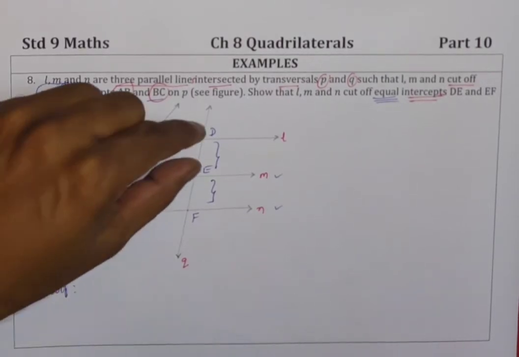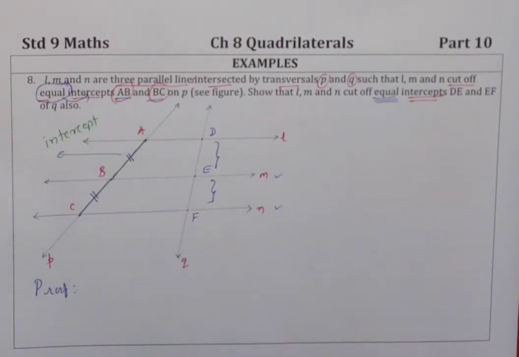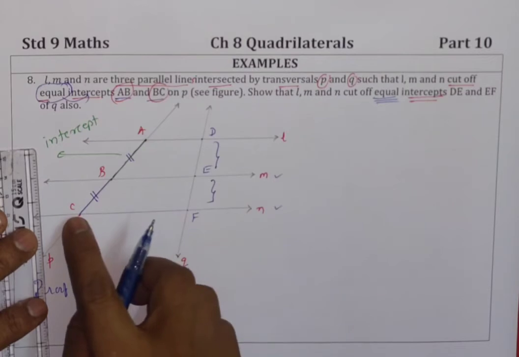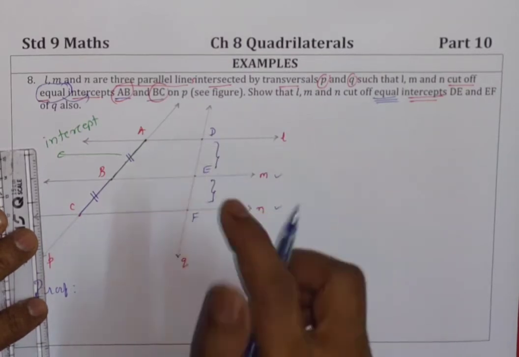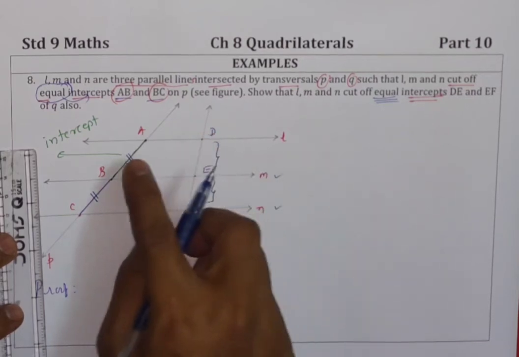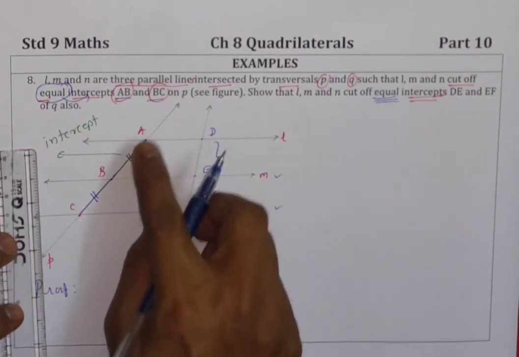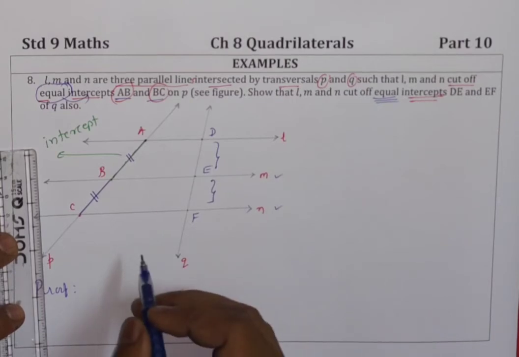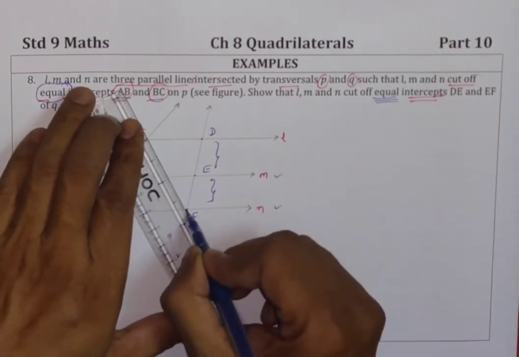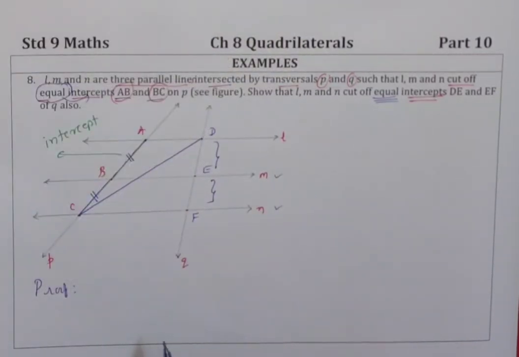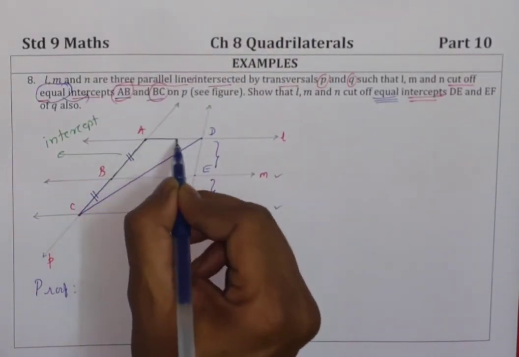Children, how will you prove DE equal to EF? Well, you have to do construction, children, here. Make a quadrilateral A, C, F, D. Yes, A, B, E, D, B, C, F, D and A, C, F, D, three quadrilaterals are formed. So I am taking the biggest one and taking one diagonal of it. Let's take this diagonal, CD. Alright? So we get this triangle, children.